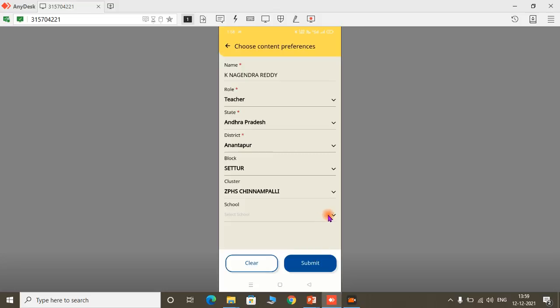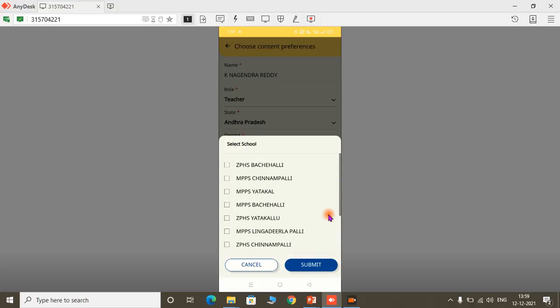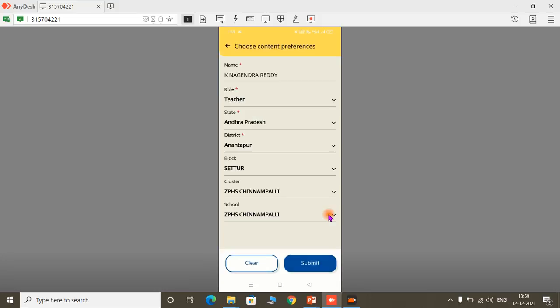Then the actual school you are working. So if you click on this drop down menu title school, you can see all the school names of the schools under that cluster attached or tagged schools. Then here you can select the school where you are working. So I am selecting ZPHS Chinnampalli as an example and click on the submit button.